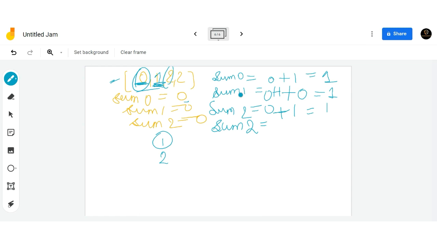So sum 2 is equal to all the subsequences ending with the current 2. This is our current and this is the previous one. So how many subsequences are ending with the previous one? There is one subsequence. Here you can see it is 1.